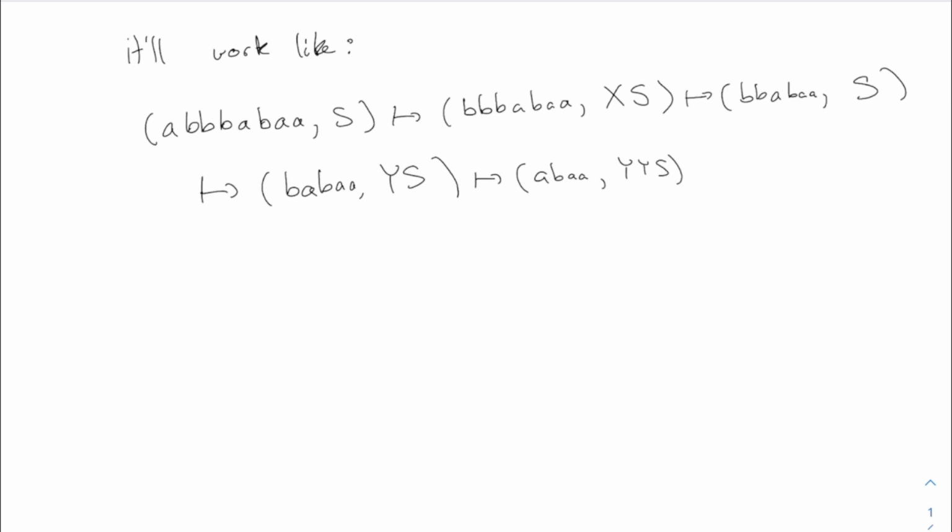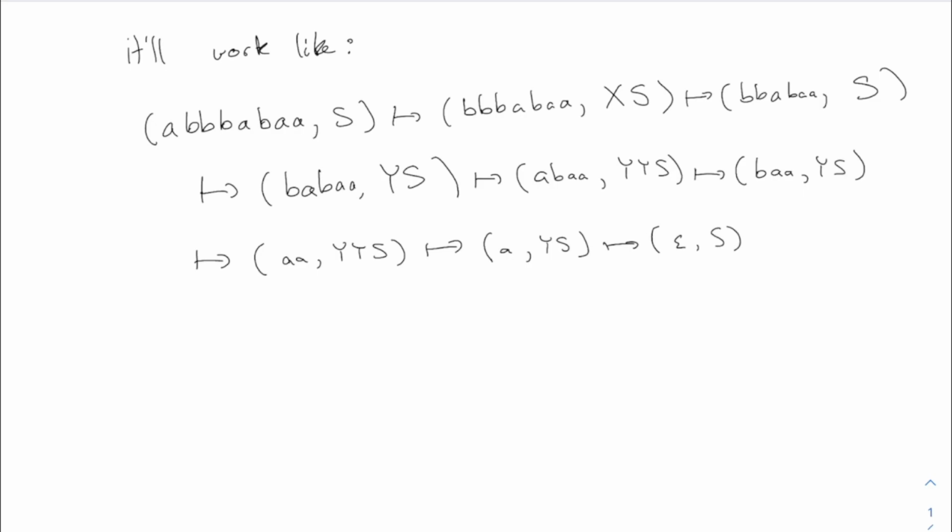Now I see an A. The Y on the stack means I had extra B's, so this A will cancel a Y. The idea is A cancels a Y, a B cancels an X. So this is now BAA, YS. I see another B which adds another Y, AA, Y, YS. And now these two A's will cancel those two Y's in 2 steps. So this will be A, YS, and